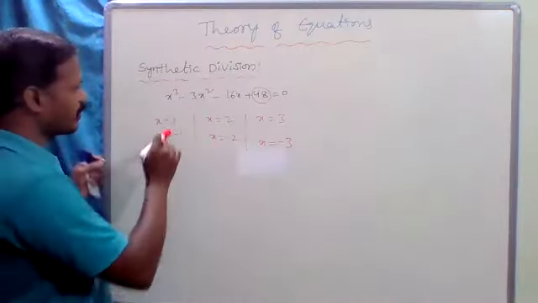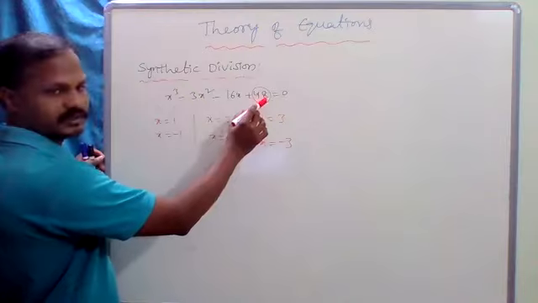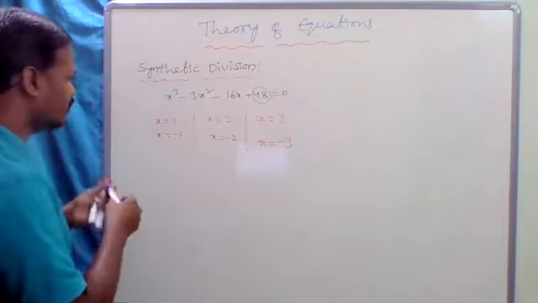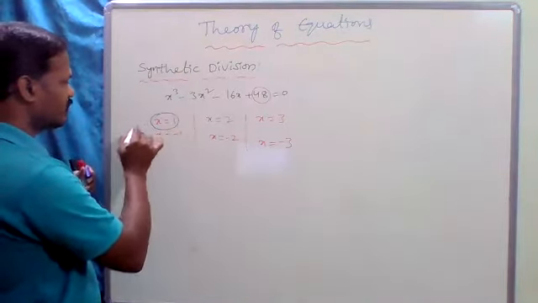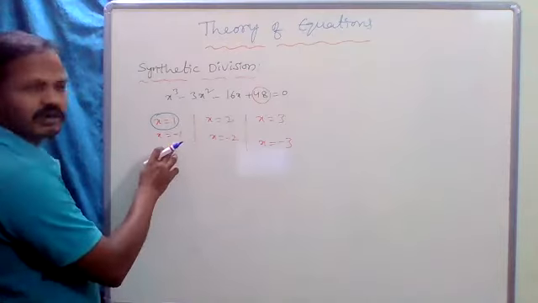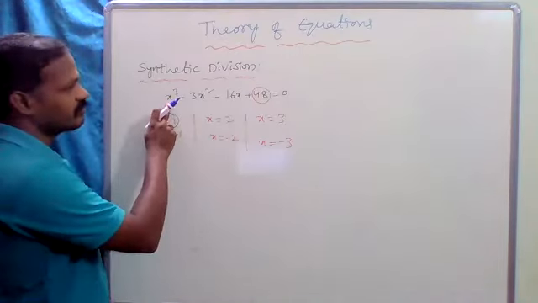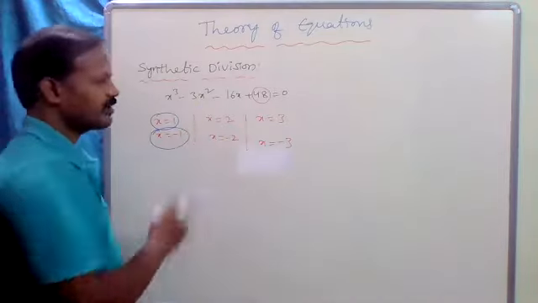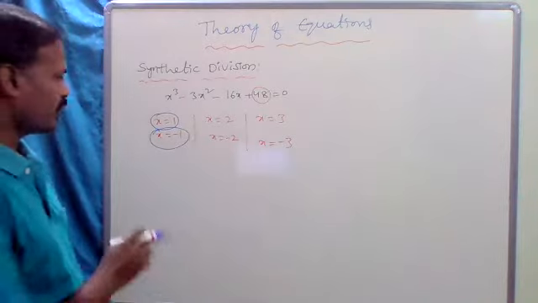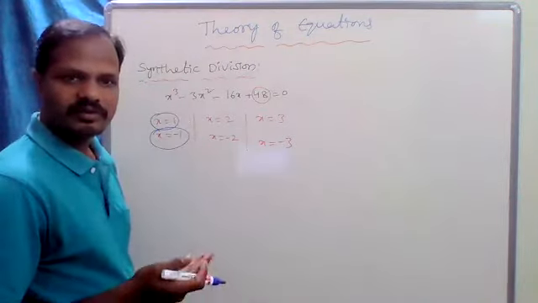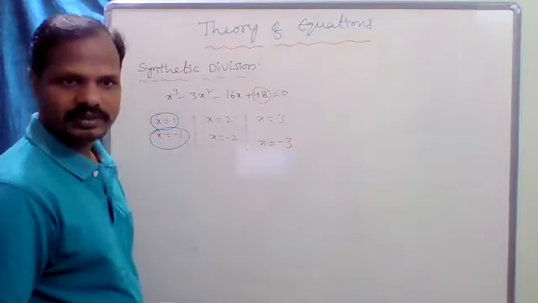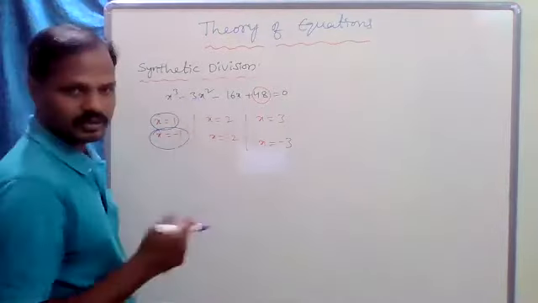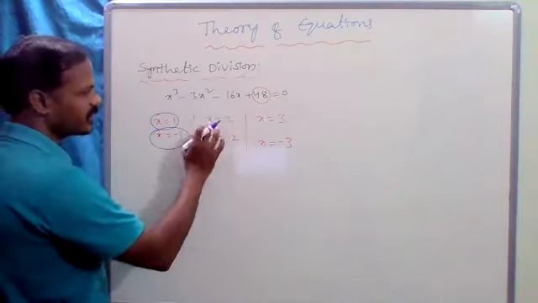Now to solve this problem, if you apply x equal to 1, 1 plus 48 is 49, so this is -19. So x equal to 1 fails. Now x equal to -1 also fails. Now think about x equal to 2. See, if the sum of the coefficients is 0, then x equal to 1 is a root. But the sum of the coefficients is not 0. Then coming to x equal to 2.